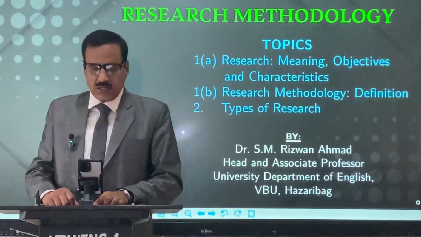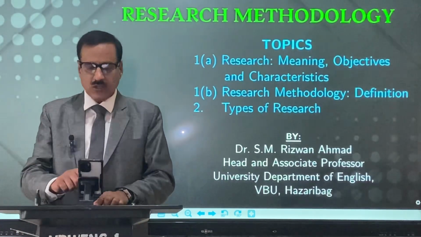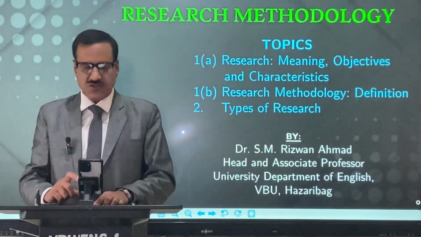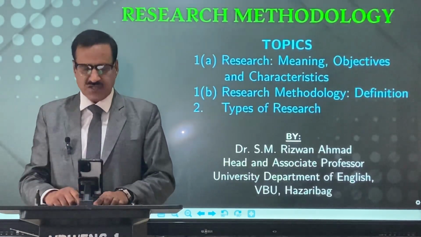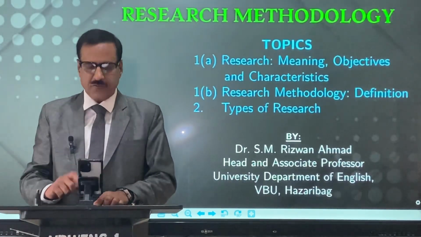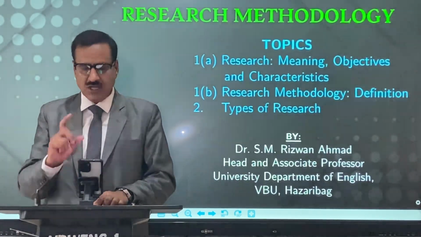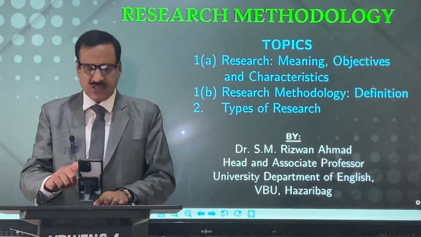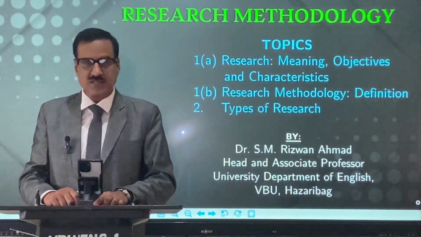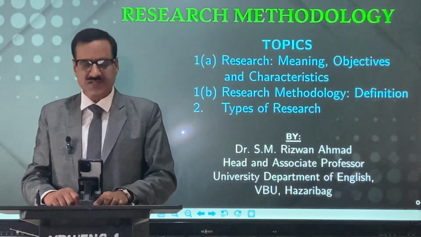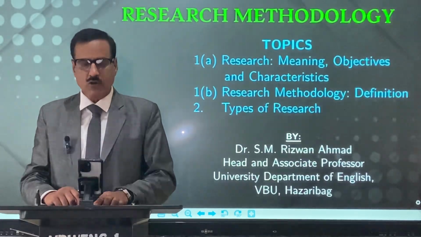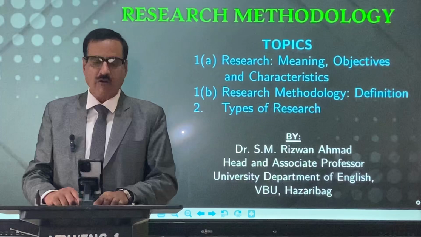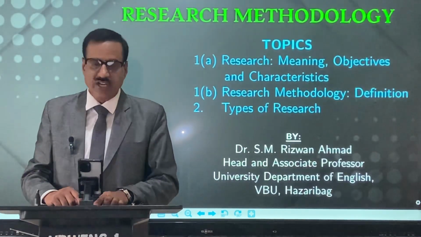Now, objective or significance of research. The objective purpose of research is to discover answers to questions through the application of scientific procedures. However, the main aim or objective of research is to find out the truth which is hidden and which has not been discovered yet. The significance of research can well be understood by the famous Hudson maxim, which states, quote, all progress is born of inquiry. Doubt is often better than confidence, for it leads to inquiry, and inquiry leads to innovation.